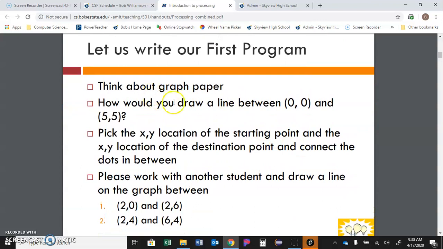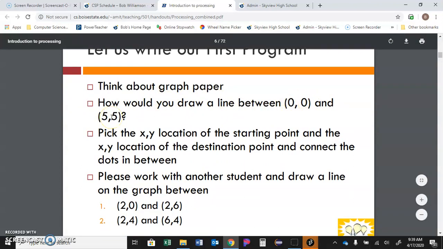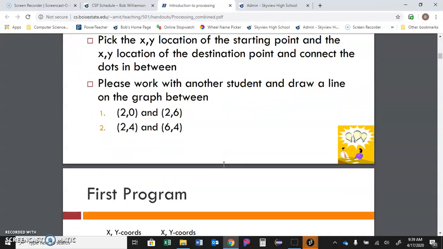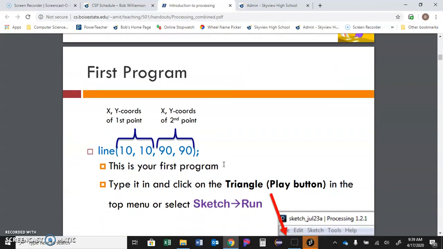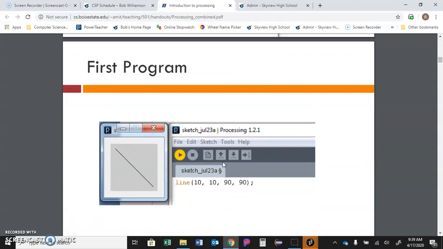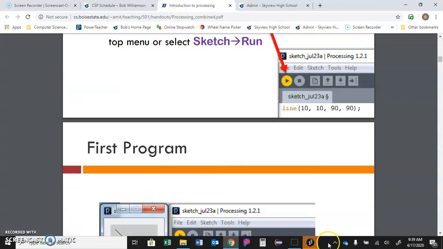So think about graph paper. How would you draw a line between the points 0, 0 and the point 5, 5? Well, you would do your X and Y Cartesian coordinate systems, and you could graph a line that way. Now, in processing, we have to tell it to draw a line. And there are certain things that we will need to type in order for it to work. So let's take